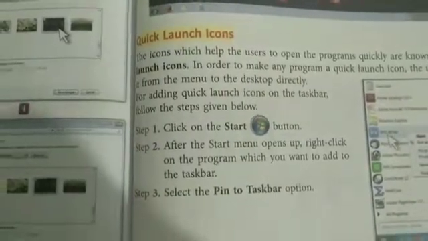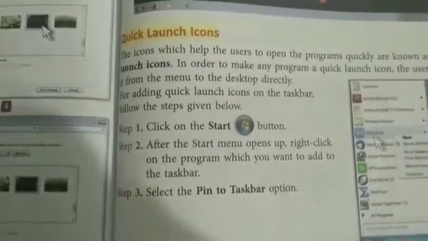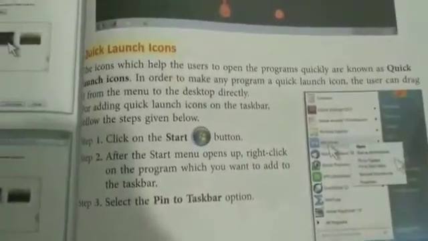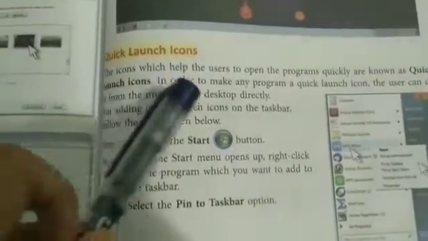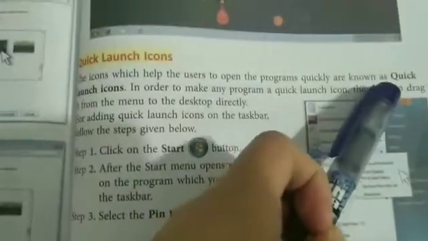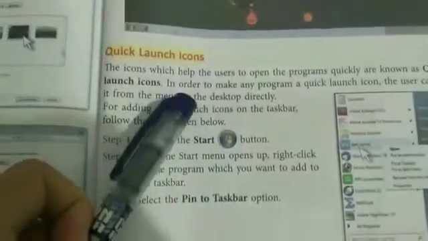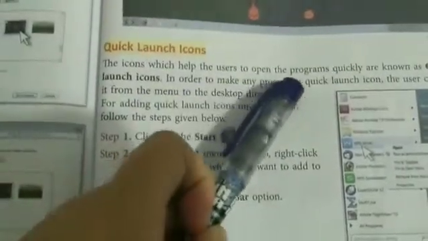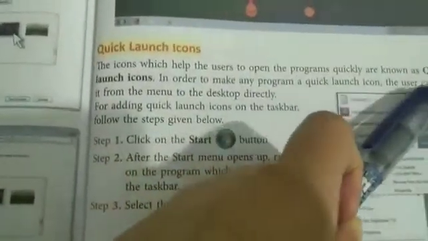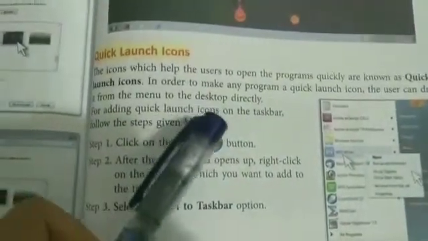Now the next feature of Windows 7 is the Quick Launch icon. The icons which help the user to open programs quickly are known as Quick Launch icons. In order to make any program a Quick Launch icon, the user can drag it from the start menu directly to the desktop.